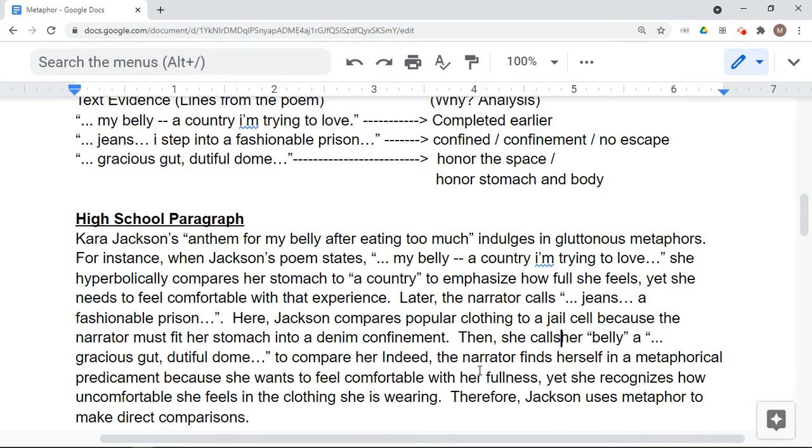Then she compares her belly to, and really she's kind of extending her metaphor. So she's lengthening it. Then she extends her metaphor